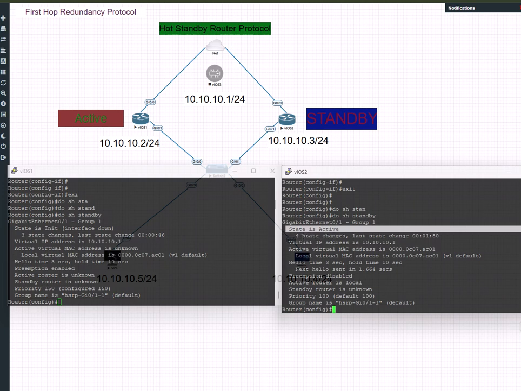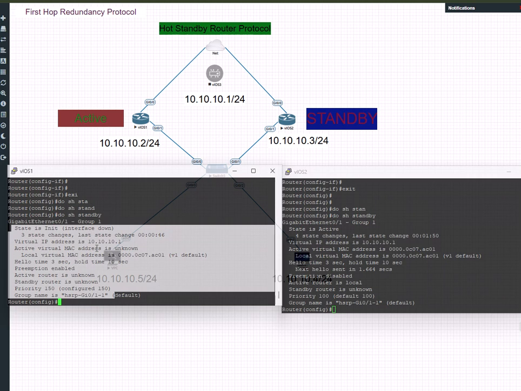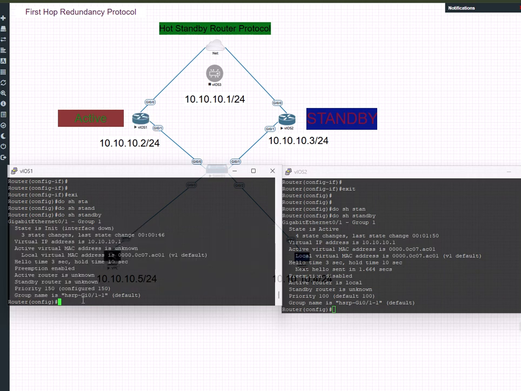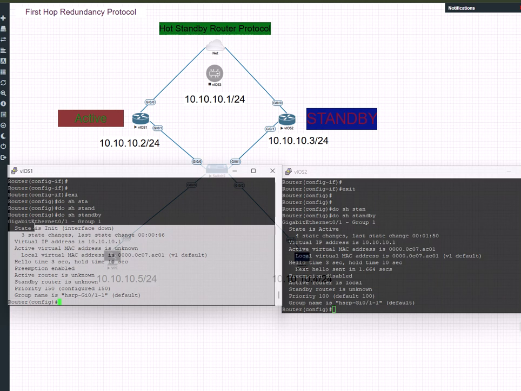So it's actually active, as you can see, and even though the preemption is disabled, it is active. Alright, even though it still has a dead priority, it is active. It's an active router, but we cannot tell if this is a standby, because it can't be a standby when this interface is actually down. Until we hook up this interface, then we can have this router as a standby router only if it has the lowest priority